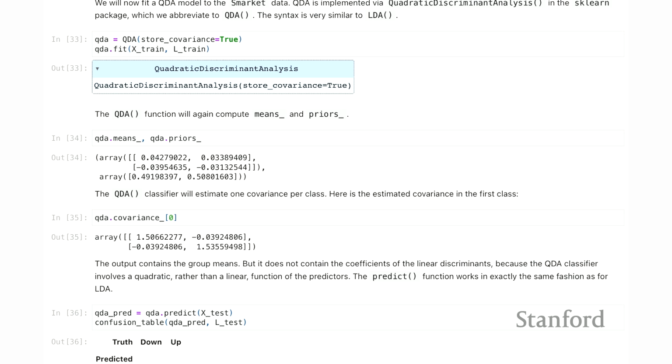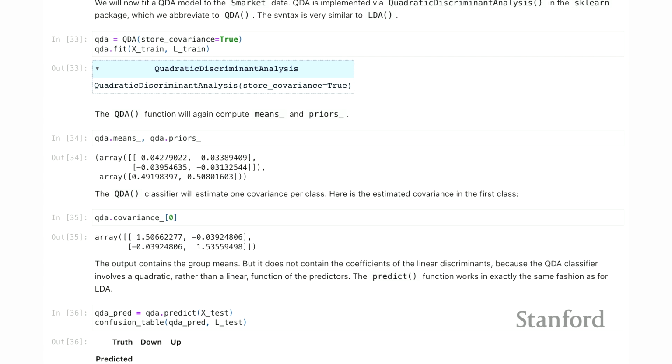So just to remind you, because we now allow a separate covariance matrix in each of the classes, 2 in this case, the classification function becomes a quadratic function. That's right. Whereas by having that convenient assumption that they were the same, that led to linear discriminant analysis, which was a linear function. That's right. So the discriminant function in QDA is not described just by the scalings matrix. You need both the covariance and the difference in means. The scalings in the LDA example is essentially the difference in means, multiplied by the inverse of the covariance